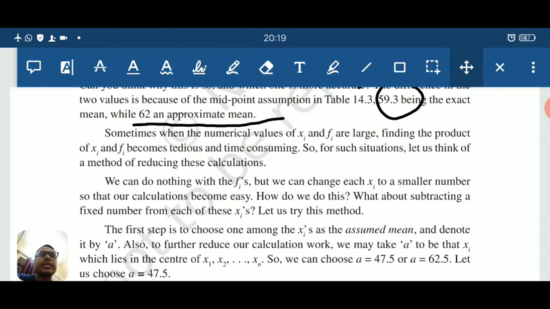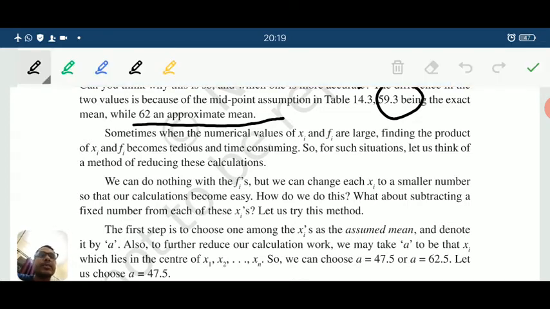Going to the next step now, the next method of finding the mean using the assumed mean method, which I have already discussed in the first part of this chapter. Questions will come like: find the mean using assumed mean or step deviation method. They will not be asking like that. You have to understand that if the data is big, which method to apply and which method you are comfortable with. Accordingly, you use that method.